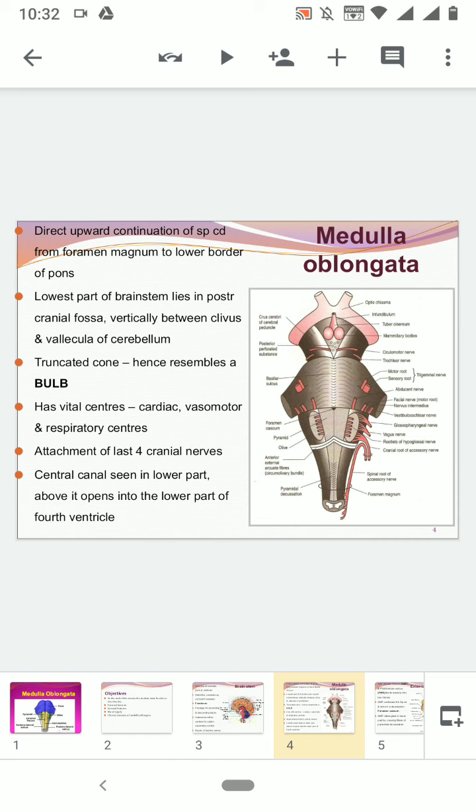So you can go onto the net and see the structure, how the dorsal aspect of the medulla oblongata and the lower part of the pons are actually covered with the cerebellum, and the cavity between the cerebellum and the dorsal aspect of the medulla oblongata and the pons is called the 4th ventricle. The 4th ventricle will be dealt with later, but just for an idea I'm talking. Okay, so the medulla oblongata is also called the bulb, and it has vital centers, that is, we have already talked about it, the cardiac and vasomotor centers, and it's very important. It gives attachment to the last 4 cranial nerves, so the 9th, 10th, 11th and 12th cranial nerves.